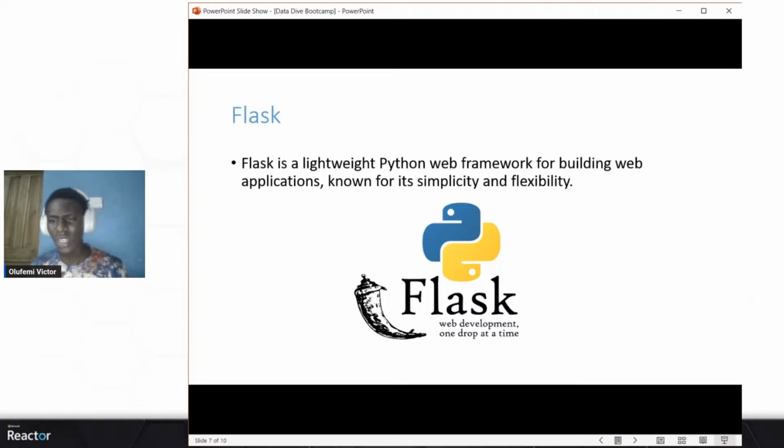Mind you, there are also other really cool web frameworks used to deploy. We have Django. Some folks also use FastAPI to build API backends, either for a conventional web app or even for their machine learning workflows. But for this demo, we'll be focusing on Flask. If you want to install Flask, you can find it in the PyPI packages for Python, and you can just do a pip install flask to get it installed.